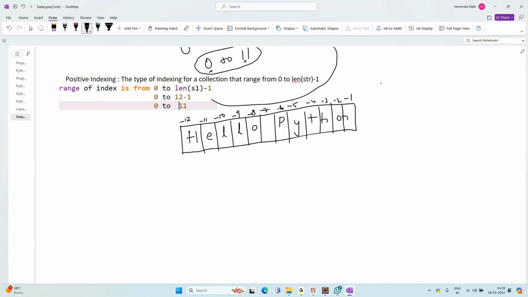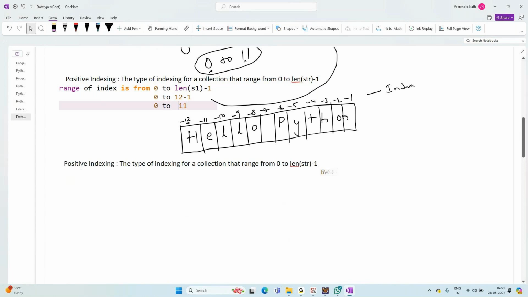This is also indexing, but this is negative indexing. So negative indexing will range from where? It will range from minus length to -1. So what is my point here? My point is the negative indexing will range from